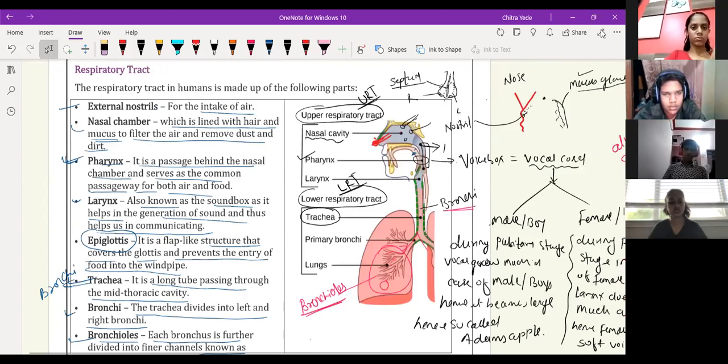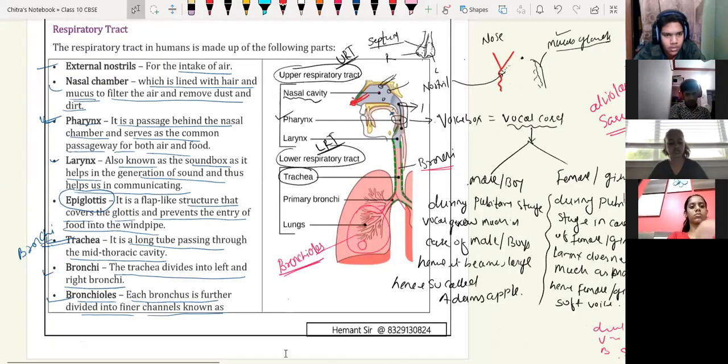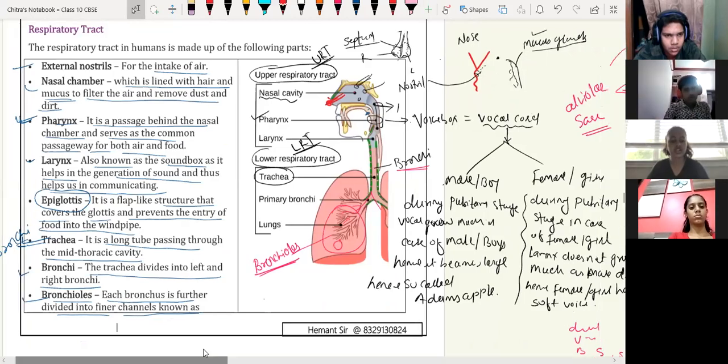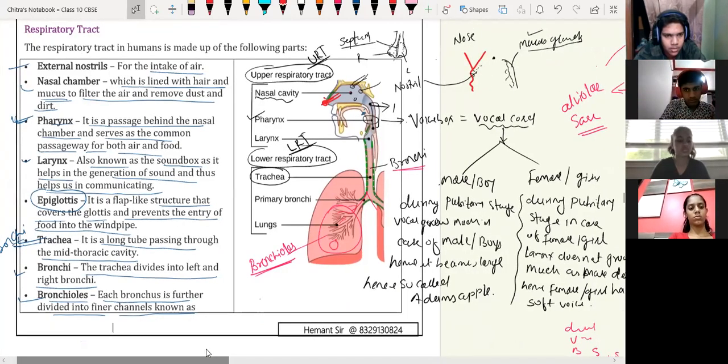I want you all to take a screenshot because I'm going to move to the next page. Take a screenshot here. Sir, your voice is completely lagging. Now it's lagging, sir. Okay, okay. Take a screenshot, beta, here.